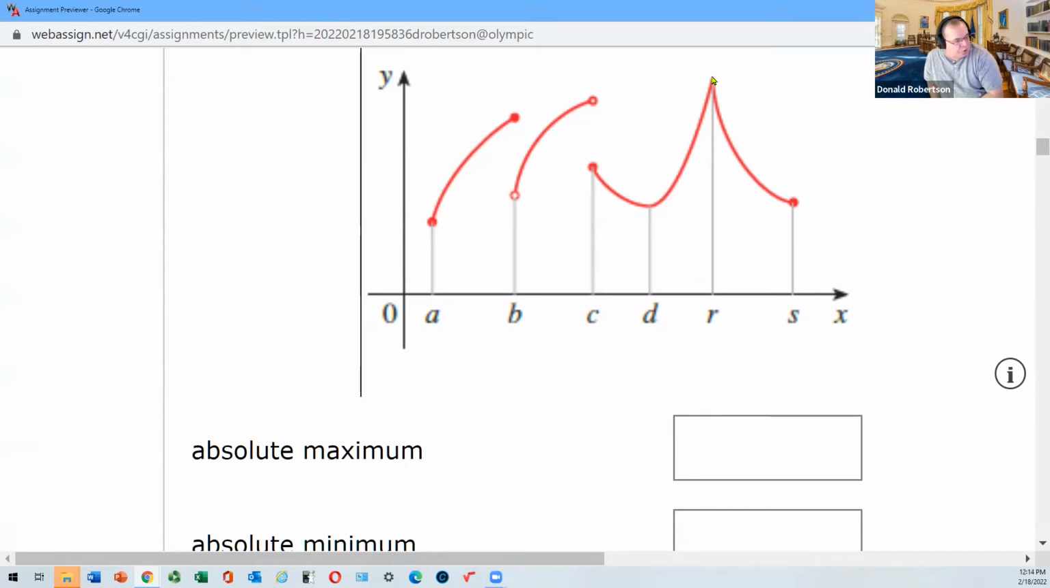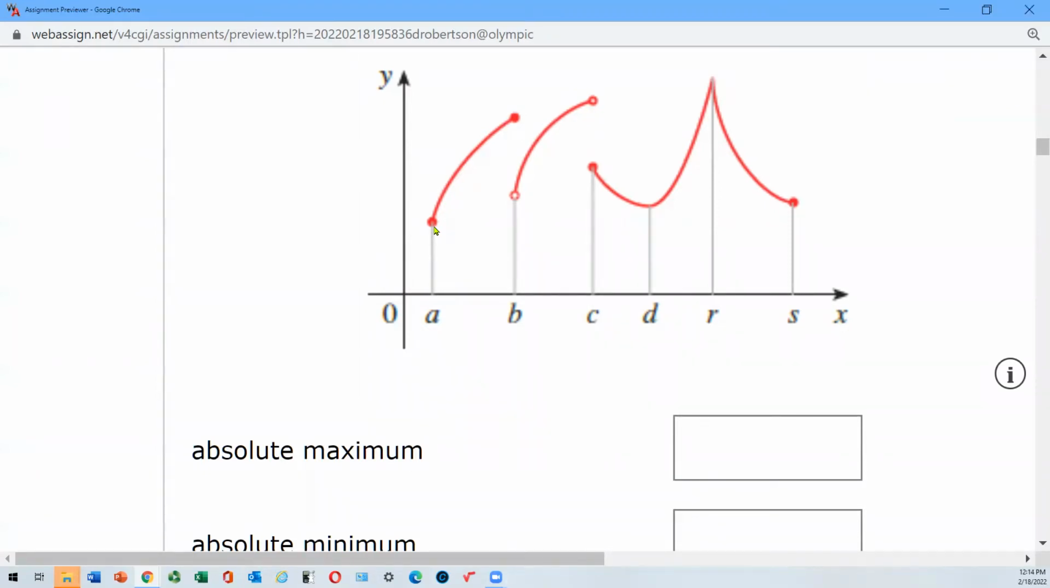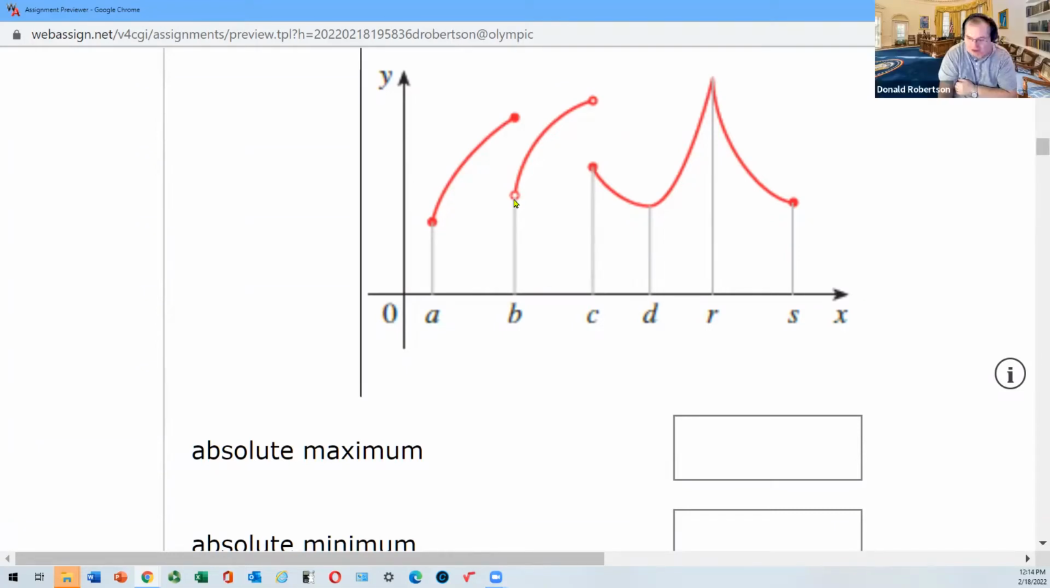Could someone tell me what is happening at D? What name would we give to what's happening at D? Local minimum, correct. What is happening at A? Absolute minimum. Right. What's happening at B? Nothing. No name to that. What's happening at C? No name for that. If I was going to give it a name, which we're not, wouldn't I call it a jump discontinuity? If I had to give it a name, but that's not the choice. So it belongs in that